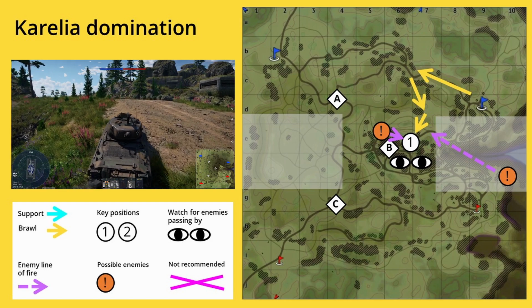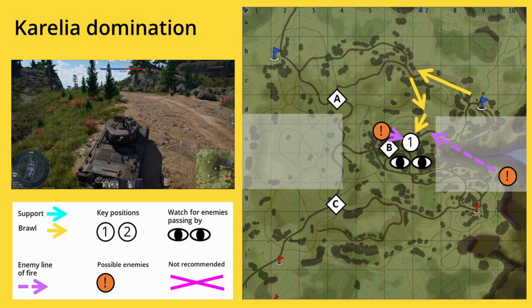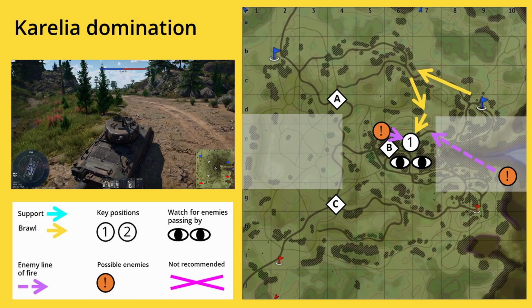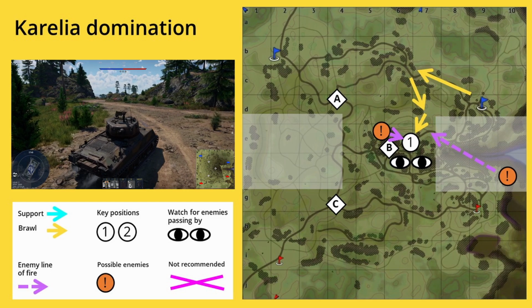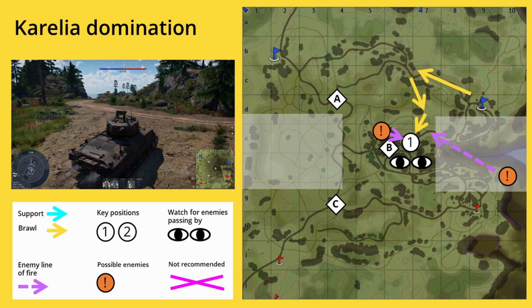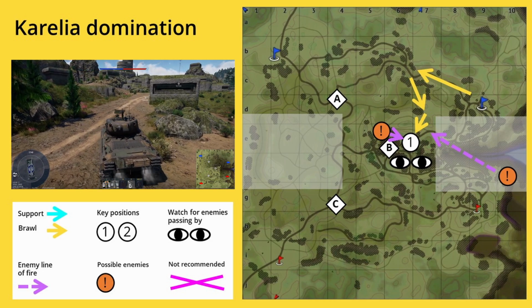I also recommend to use the east spawn, because it is closer to the capture point. Again make a detour and this time you use the route that leads directly to the capture point. As you arrive at this intersection, have an eye to your left side. The enemy might be able to shoot at you from the sniper hill. This path is the spot where